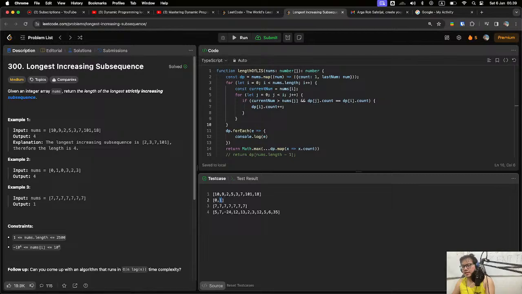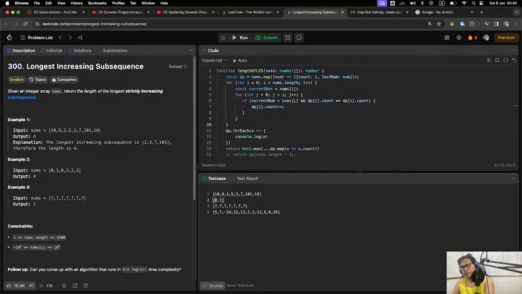In this element, the longest subsequence is actually not only one but zero plus one. So here the longest subsequence in this element is two, and afterward we check for all the longest possible increasing subsequences in each index.